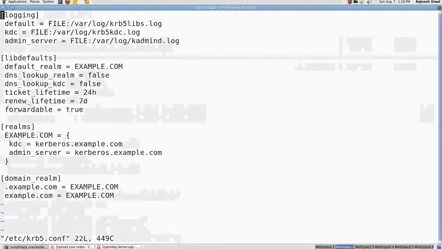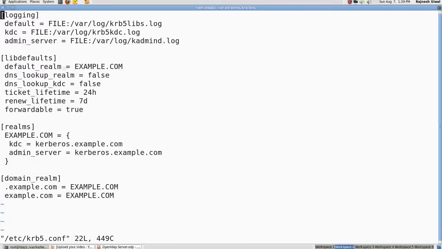Coming on to the Kerberos client file, it's /etc/krb5.conf. The default realm that we are adding is linuxcbts.com.